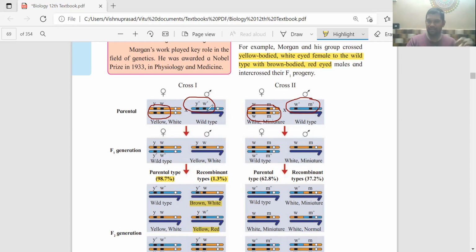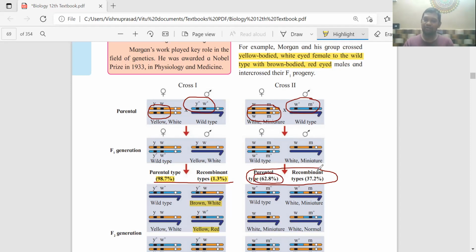That means between cross 1 and cross 2, the genes of the parents in cross 1 are strongly linked, and the genes in cross 2 are incompletely linked. That's the reason. Notice the difference in the percentage between the first cross and the second cross. These are located far away. That's why the combination was conserved less compared to the first cross. It was 98.7% as the parental type because they were totally linked. But here it